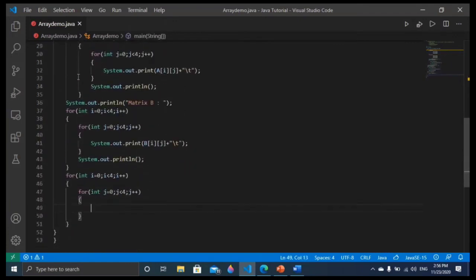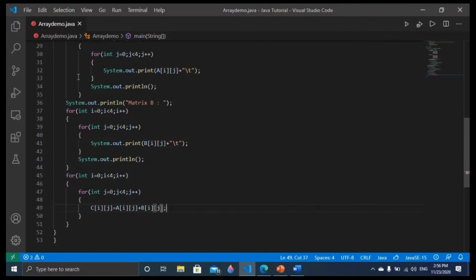See, here we have to write c[i][j] is equal to capital A[i][j] plus B[i][j].